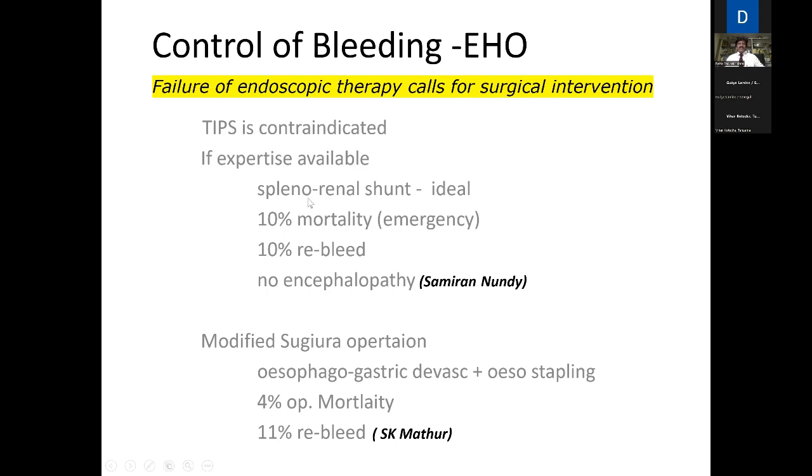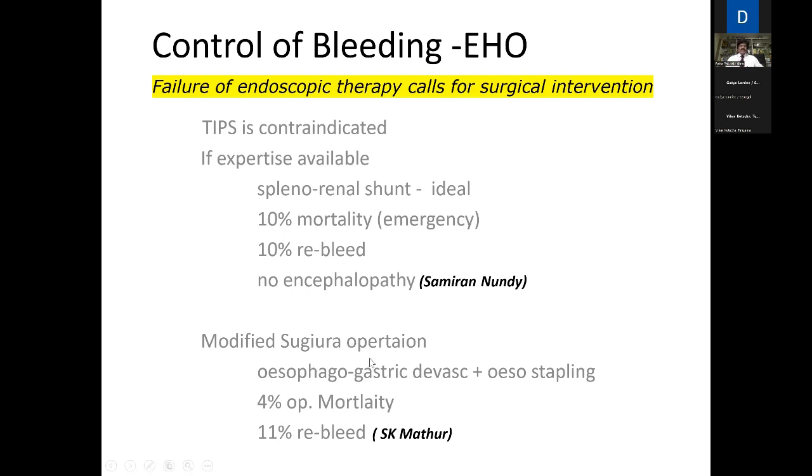In these patients with EHO, when they come with massive bleeding that couldn't be controlled endoscopically, if expertise is available, they have to undergo what's called a splenorenal shunt, which is the most ideal procedure. I'll talk about it later. With emergency shunt, they have about 10% mortality and 10% rebleed and no encephalopathy because the liver is normal. In centers where splenorenal shunt expertise is not available,